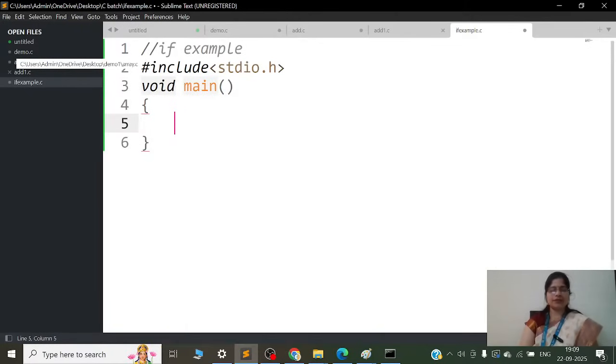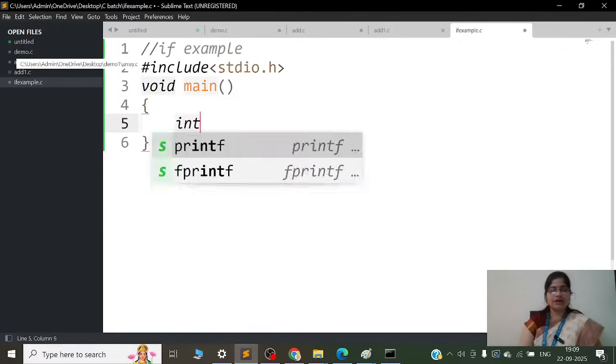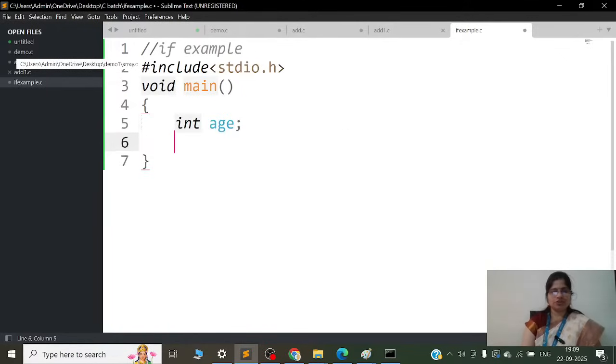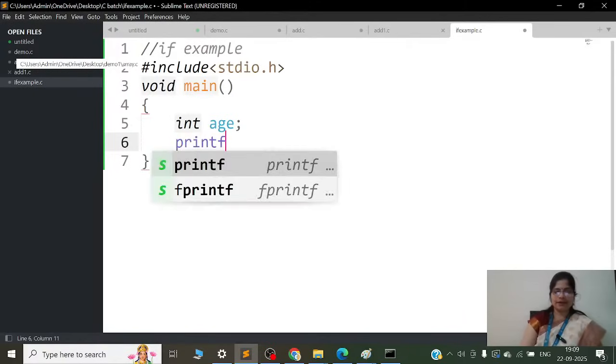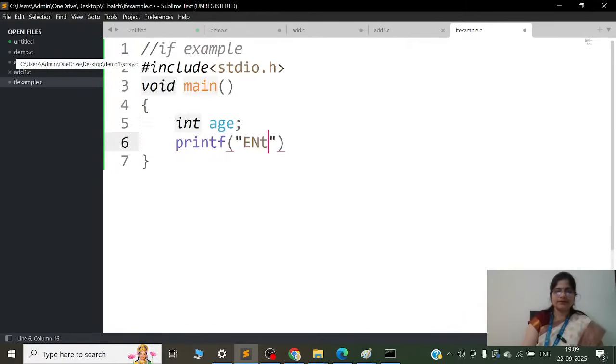here we have some condition. So suppose we are checking the age entered by the user. Age must be greater than 18. ये हमें condition check करनी है. ठीक है. So here I am declaring a variable age. अब age user से accept करना है तो यहाँ पे आएगा enter the age. ये मैसेज आएगा यूजर के सामने.